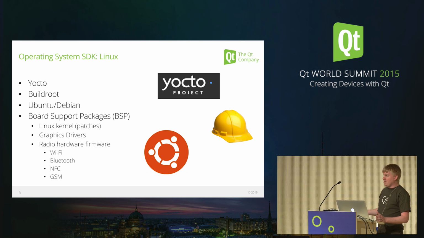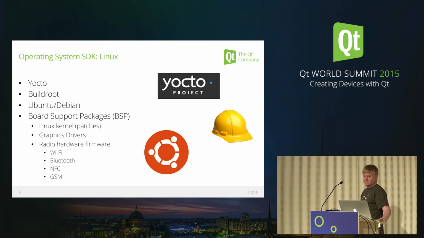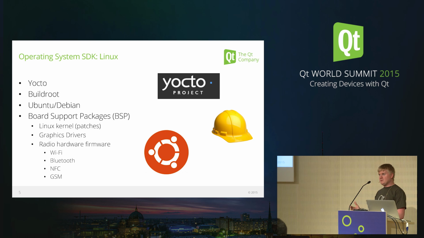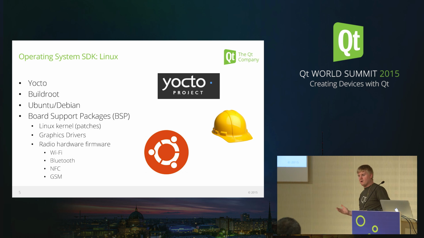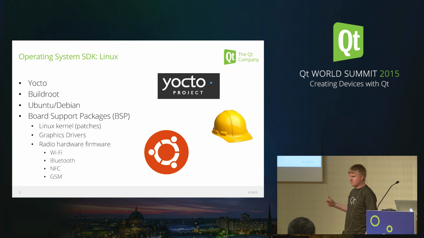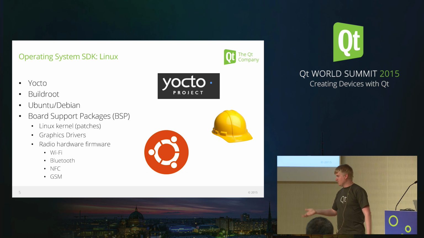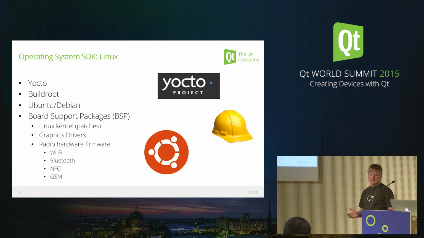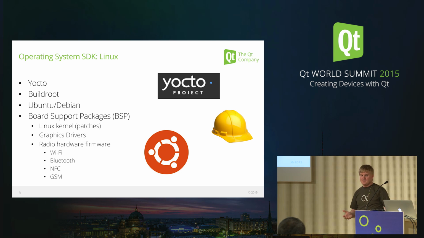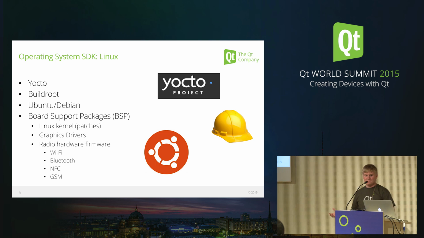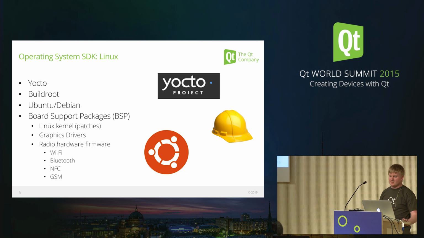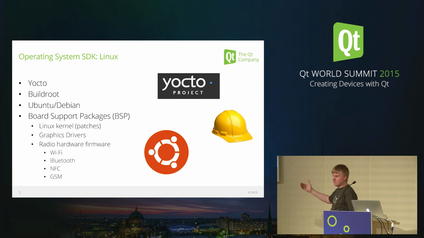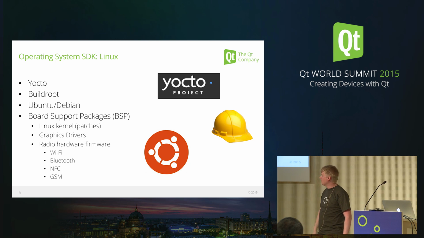And this also brings up the topic of board support packages, commonly abbreviated as BSPs. These are generally provided by the hardware vendor that you're buying the hardware from. So if you're getting, say, a Toradex board like we're giving away, that particular board has an i.MX6 SoC, and that's Freescale. So you look for the Freescale BSP, and that'll provide things like Linux kernel patches, so you can build a given kernel with any additions that they need for that piece of hardware